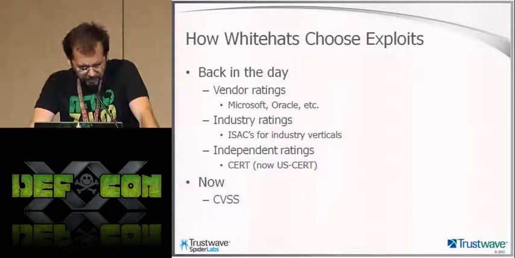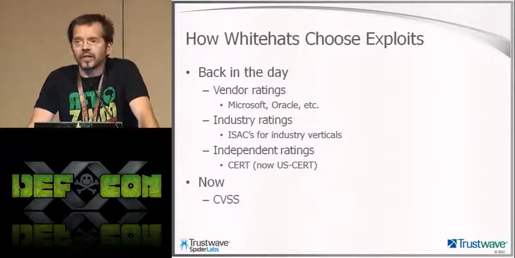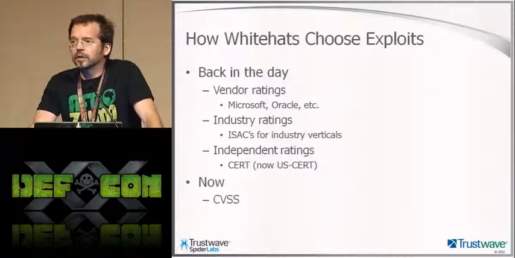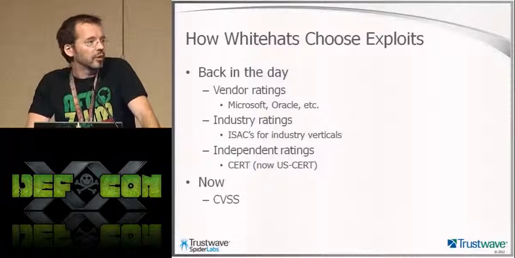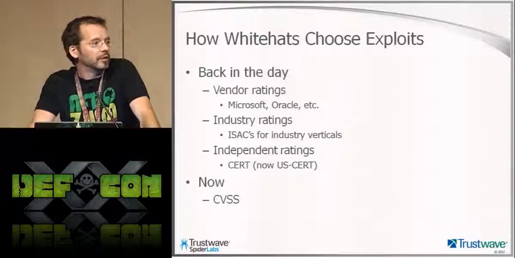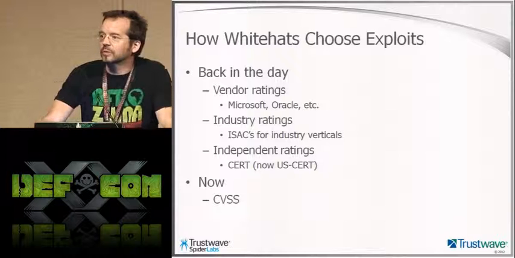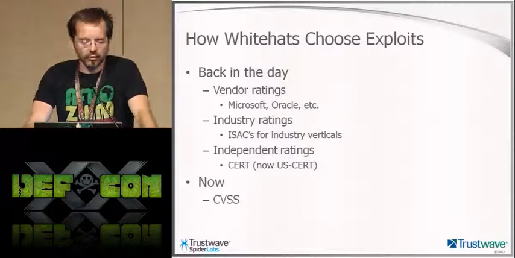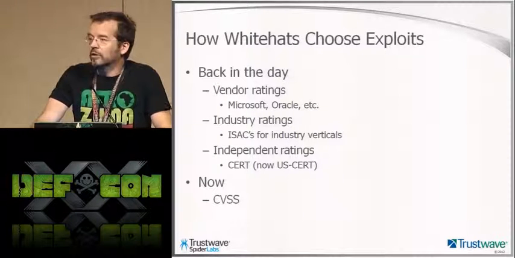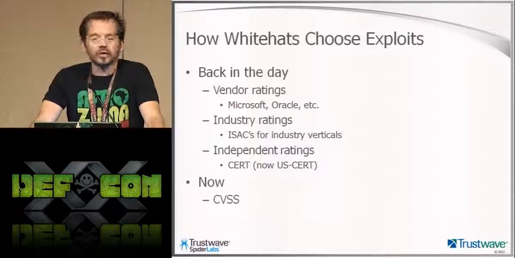So how do we choose exploits? Well, we put metrics on stuff. We look at vulnerabilities and we measure them according to various things. There's been a number of standards over the years. Different vendors, different industries have come up with lots of systems of measuring the risk of vulnerabilities, but we've come a long way. We've all grown up, and now there's one standard to rule them all, CVSS, the Common Vulnerability Scoring System,